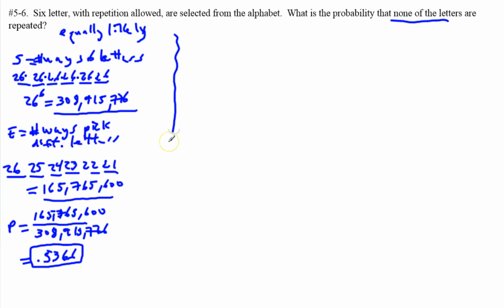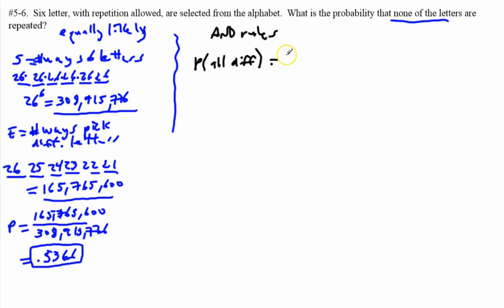There is another strategy we can employ. Let me switch colors here. A different strategy would be, instead of thinking of the entire word at a time, maybe we could consider each letter as an individual part to analyze. And we're going to use the AND rules here because we're going to consider each letter individually. Okay, so maybe I could write it this way: the probability that all the letters are different